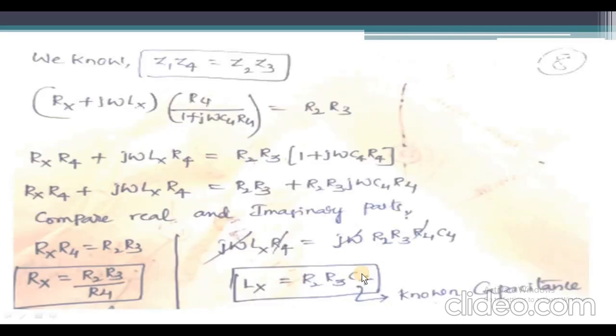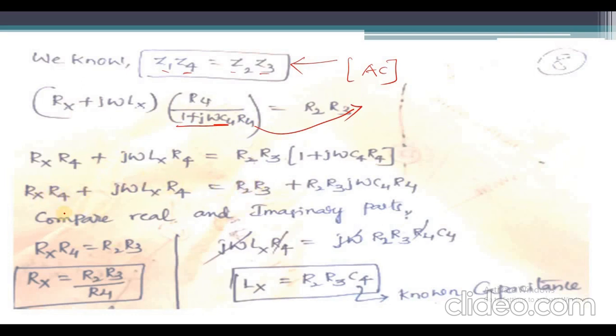After that, the bridge balancing condition, same procedure guys. Initially you have to find all these values, after that substitute them in the AC bridge balance condition. You have to remember this, it is a standard form. Simply substitute the Z1, Z4, Z2 and Z3 values. After that you have to multiply by R4, take the particular term to this side, simply multiply, and then compare the real part and